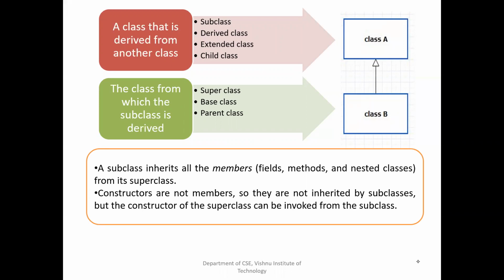The point you need to remember is, suppose class A has variables, methods, and some classes, you can write one class inside another class, right, and they are referred to as nested classes. All will get inherited to this class B, if they are not private. Clear? Private members belong only to that class, they will not get inherited. Remaining all will be inherited to the subclass.